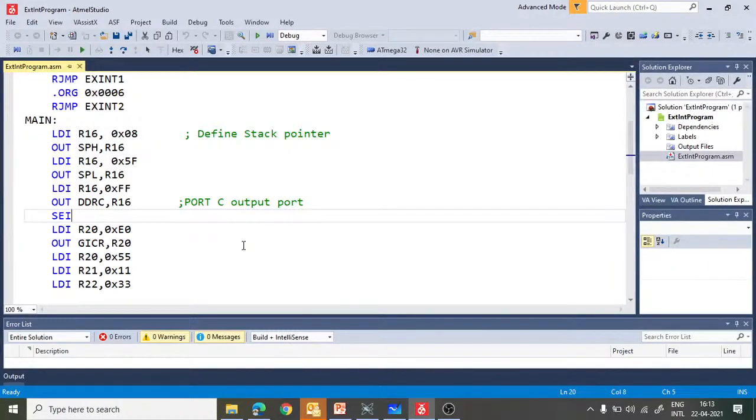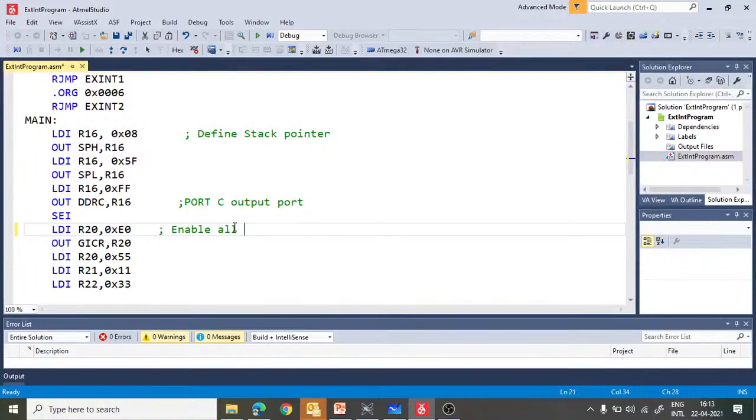So it will enable the interrupt flag in the status register, and these two instructions will enable all three external interrupts, because as you know, now you are familiar that in GICR you have to set the bit corresponding to all external interrupts.